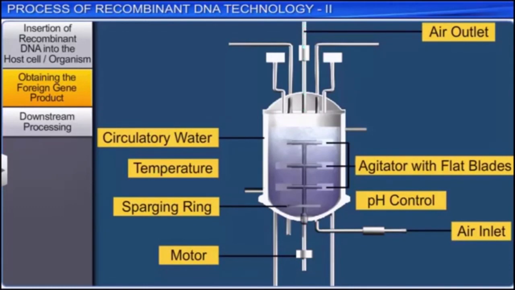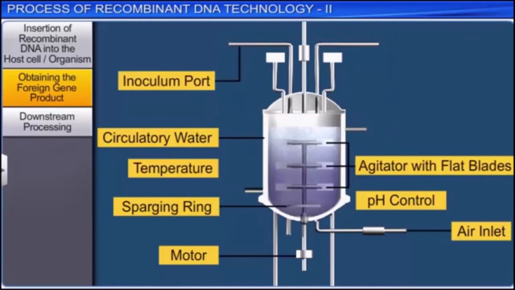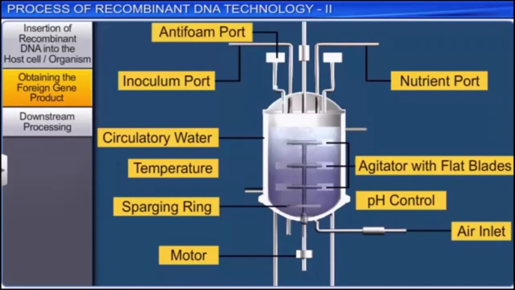The top of the tank also has a number of inlet tubes called ports, through which materials can be introduced or withdrawn. For example, the inoculation port is used to introduce initial inoculum and the nutrient port to introduce more nutrients. Similarly, the antifoam port is used to introduce antifoaming agents, while the pH port is used to introduce acids or alkalis to maintain optimal pH. At the base of the tank, there is a harvest line to extract the culture medium and microbial products.